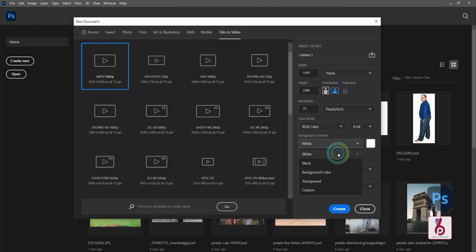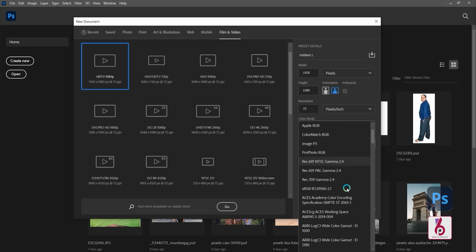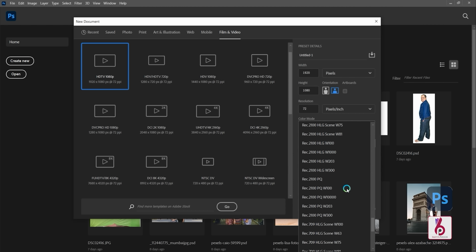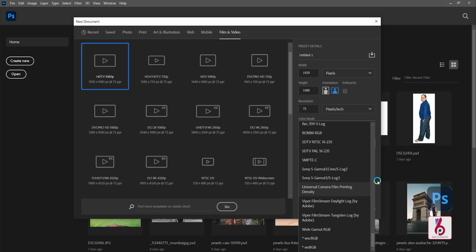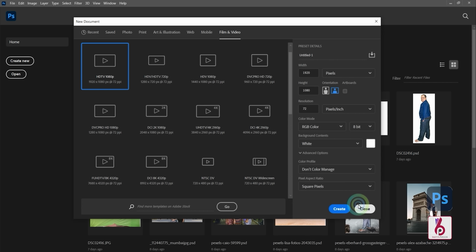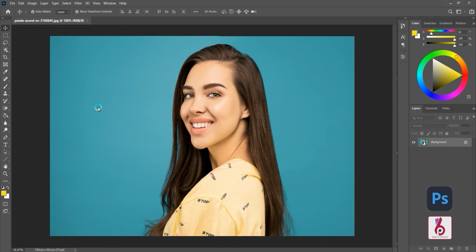You can select color mode, which are RGB color mode or CMYK color mode or bitmap, grayscale or Lab colors. We can also change bit depth from 8, 16 or 32. If you want to set background color, you are free to choose any color. Or if you need color profiles, there are lots of profiles given in Adobe Photoshop.